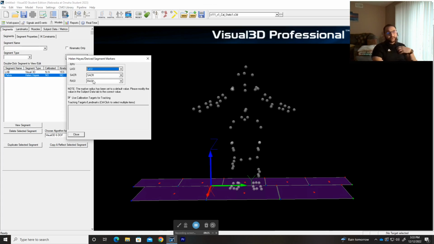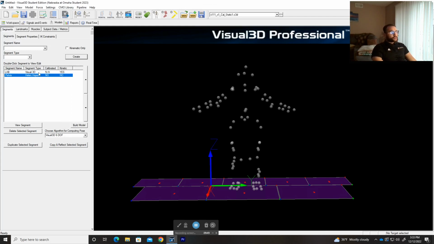It's just because I created their names in the marker set similar to the actual names on Visual 3D, it just makes my life easier that way, and it automatically chooses them for me. So now it's created, just click on build model, and then boom, you have the pelvis segment. But make sure the view segment is clicked, because if you don't click it, you're not gonna see the actual